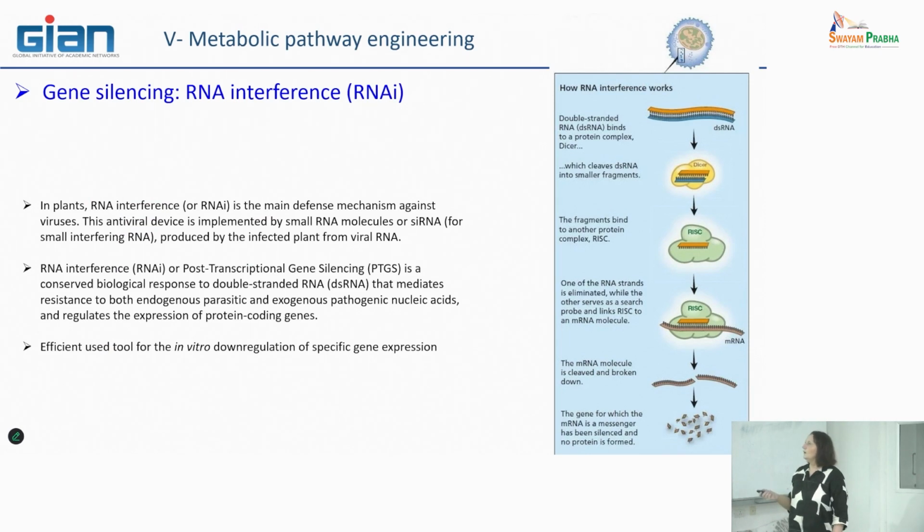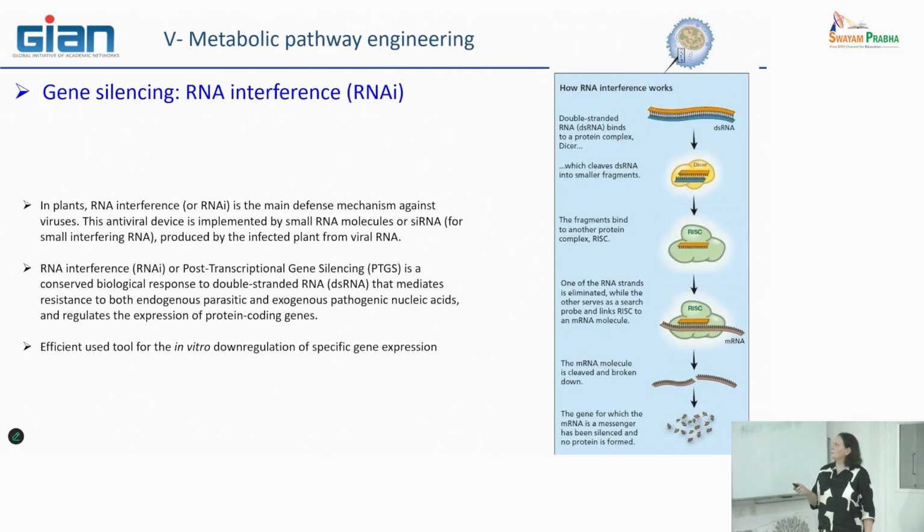It is quite simple. In fact, when a virus invades the plant cells, it mainly has a double-stranded RNA. We have seen that yesterday. And in fact, it is not normal to have a double-stranded RNA. So the plant cell is able to detect this type of abnormal RNA. And when it detects it, it initiates a natural process that occurs in the cell. This process is described here.